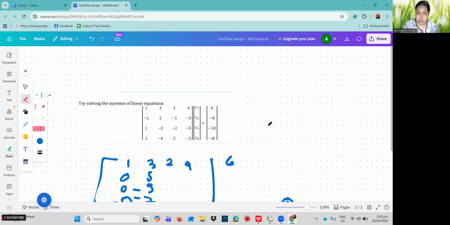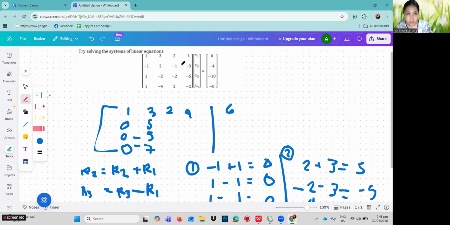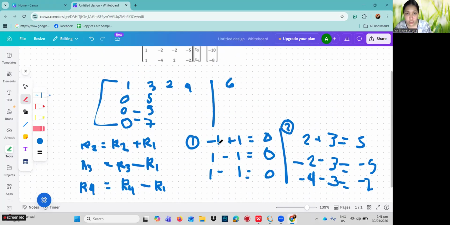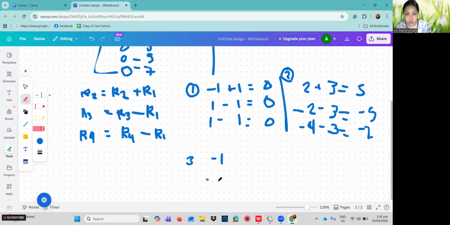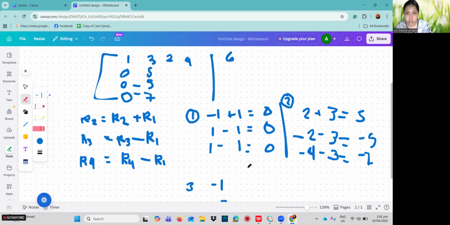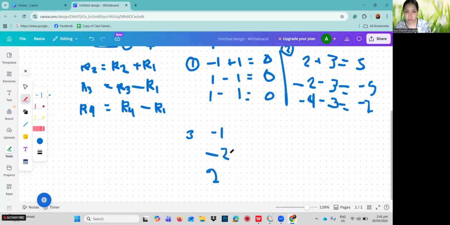Next, this is 2. For our third column, we have negative 1, negative 2, 2, and we have R1, which is 2. So plus, minus, minus 2.